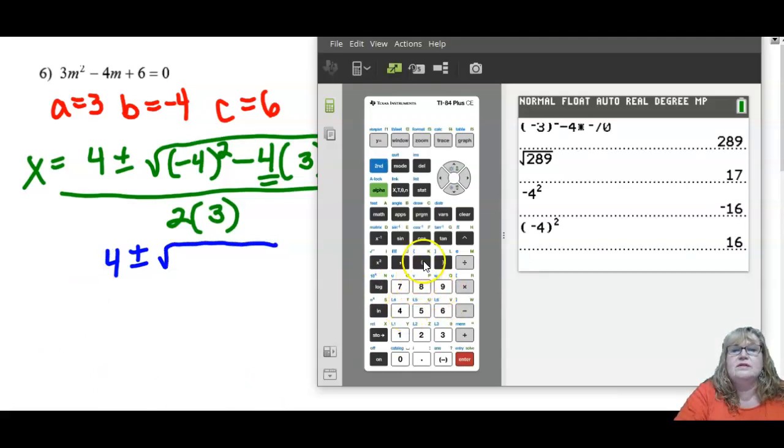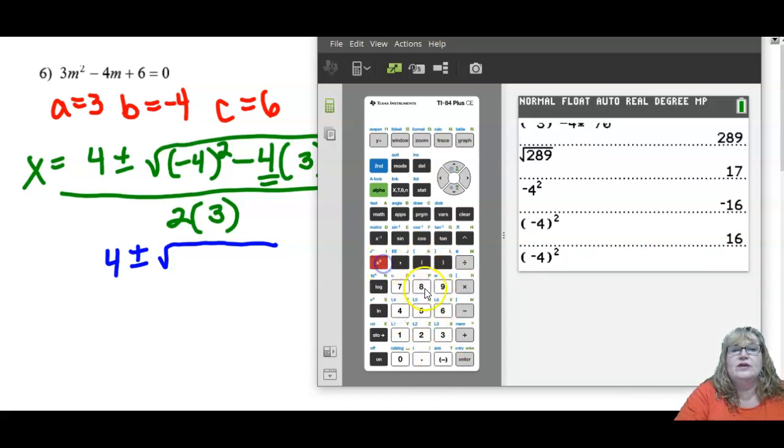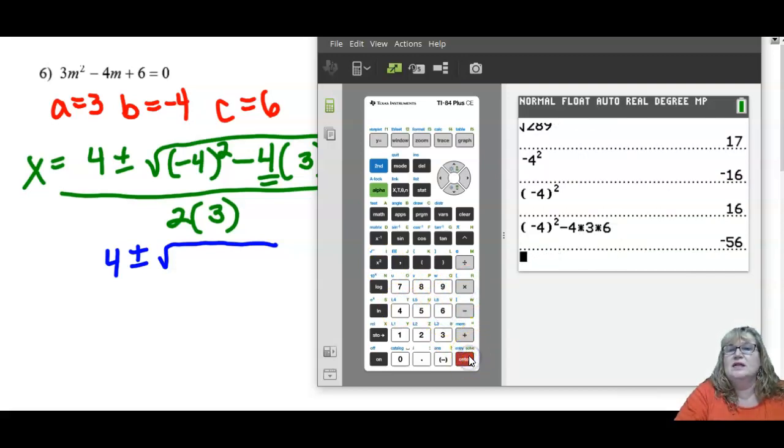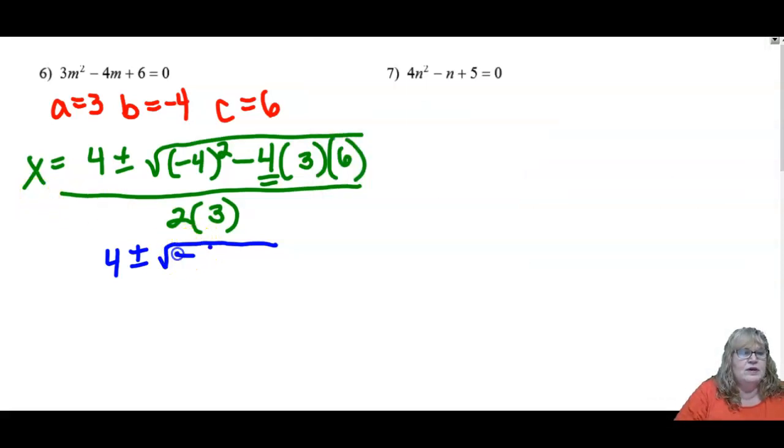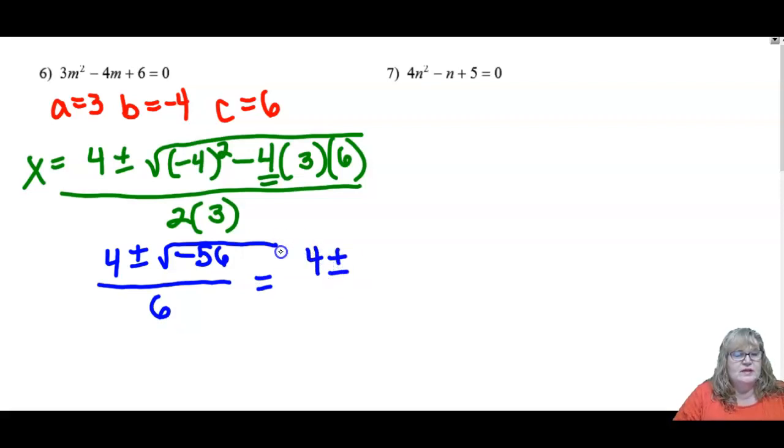All right, so negative 4, I'll show you with the parentheses again, squared minus 4 times 3 times 6 is negative 56. I wonder why the lesson right before this was imaginary and complex numbers. Okay, all over 2 times 3, which is 6. All right, we have a lot of simplifying to do here. We're going to have 4 plus or minus the square root of